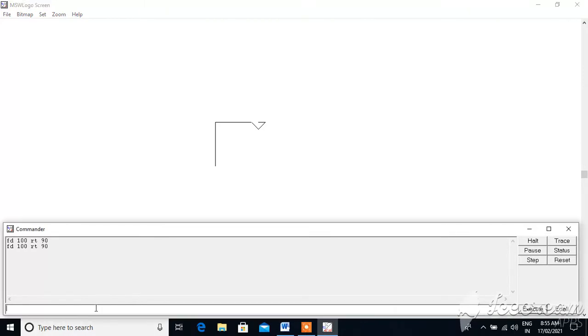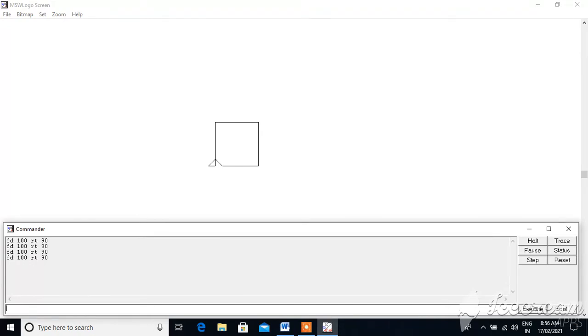Again type forward 100 points, turn to the right at 90 degrees. Again only one line is remaining, so forward this turtle 100 points and turn at 90 degrees. Okay, one square over. How did I do it? I just used the forward and RT commands.